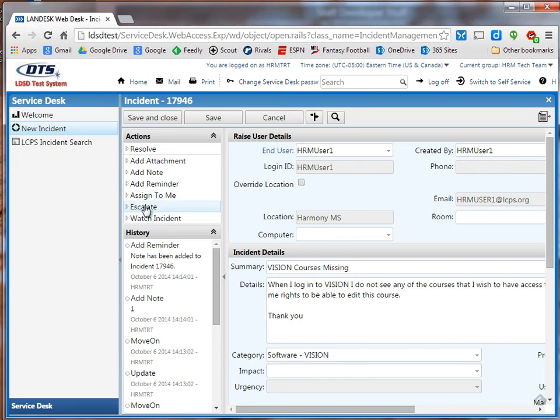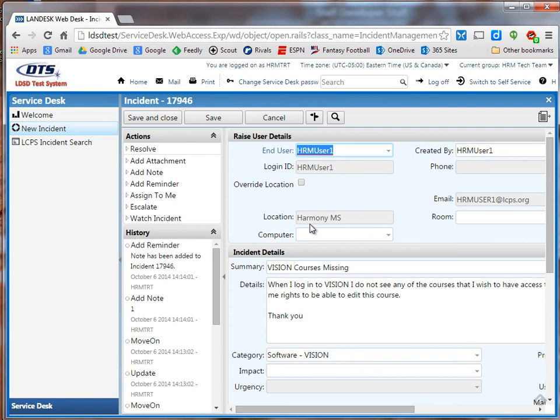So if I click on escalate, it's going to actually escalate the ticket based upon the category that has been selected. So let me hit save right here. And it'll take a second to load. And I'm going to hit escalate. You'll notice right here, I have a category. So this trouble ticket is going to be escalated based on the category. If I click escalate,